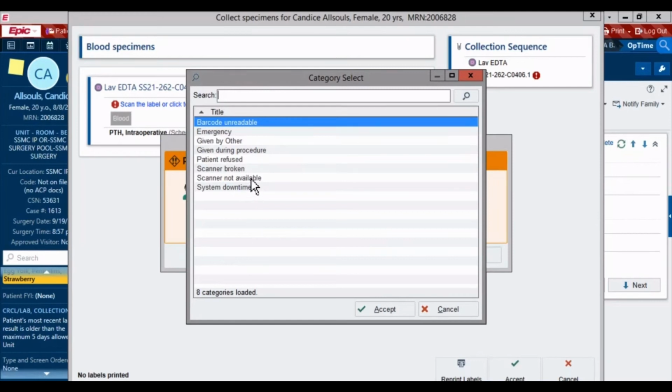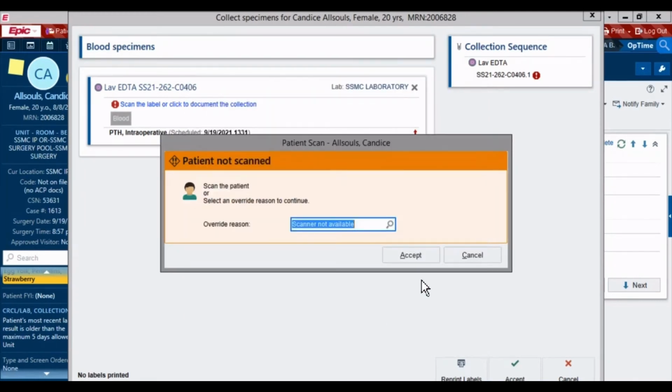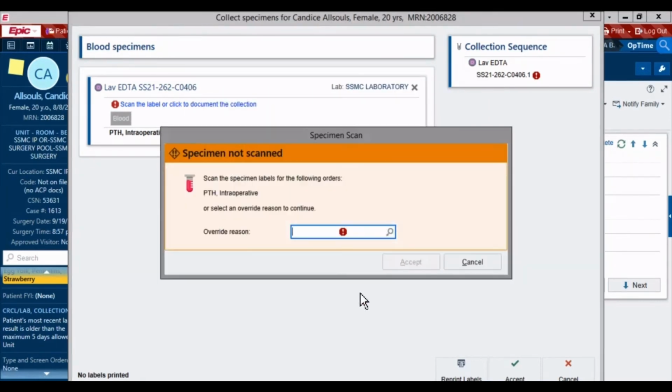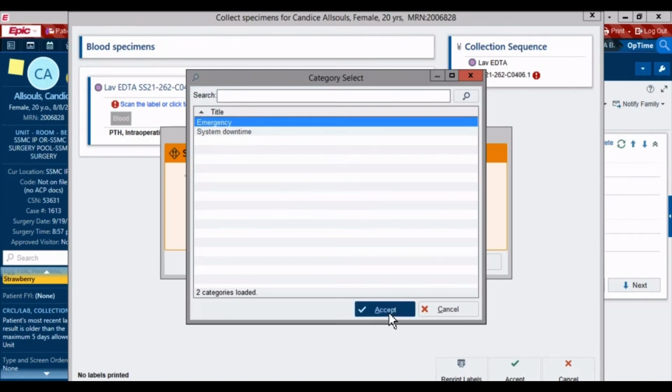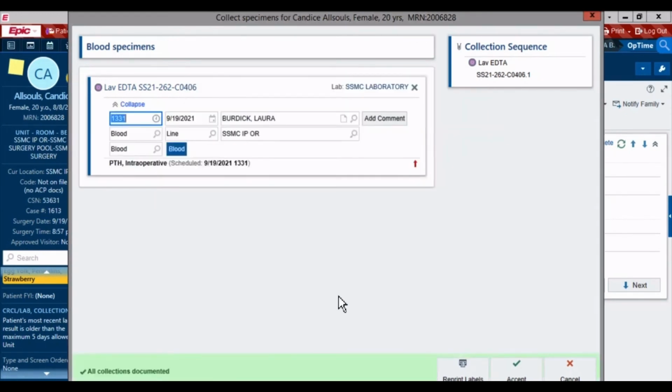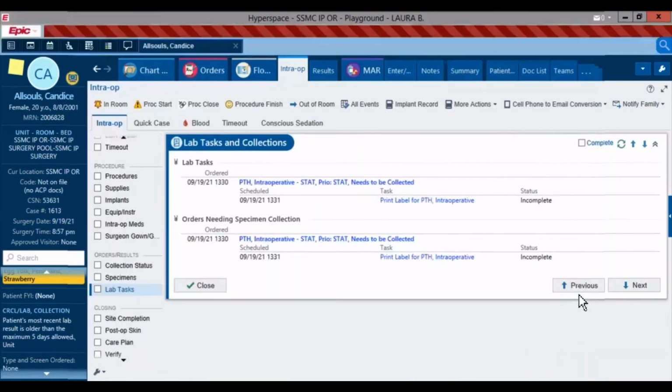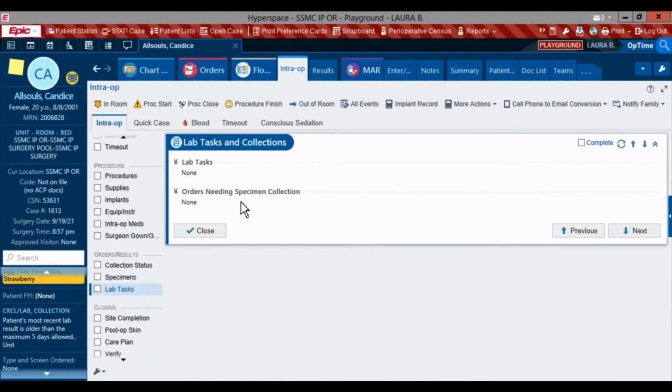I will tell you this. Use your scanner. If you do not or are unable to scan the patient labels or the patient, you'll need to use the downtime forms. At this point, the specimen isn't scanned. I'm going to say it's an emergency and select accept. It's going to say who drew it, where they drew it, what time, and then I'm going to select accept. At this point,